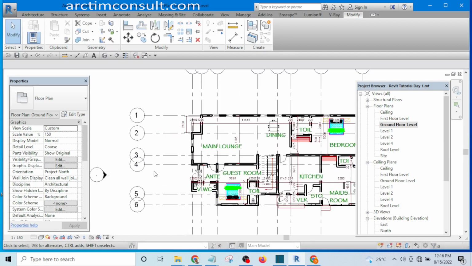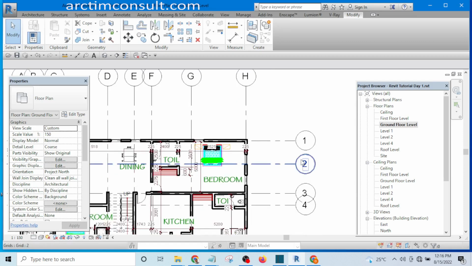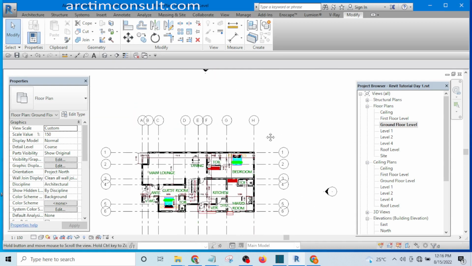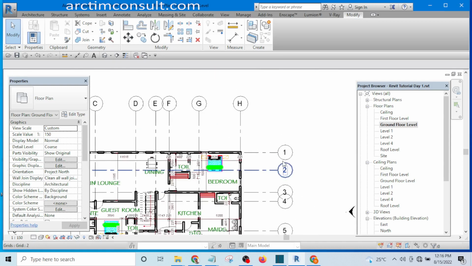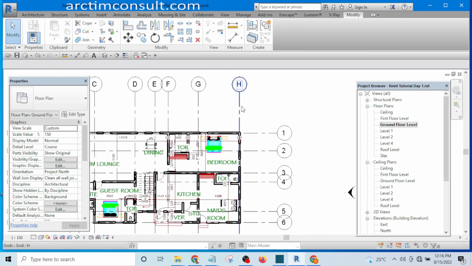Can you see that the grid bubble is extremely too large and is not looking professional? So what I'm going to do now is to edit the grid and reduce it so that it will be more professional. If for instance I select the grid now and I click on edit,